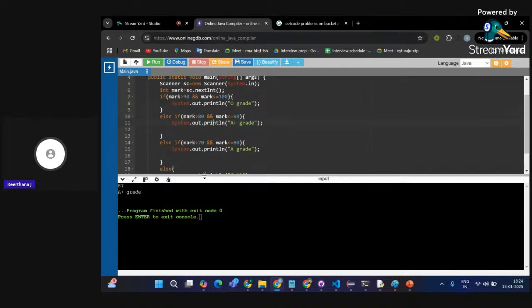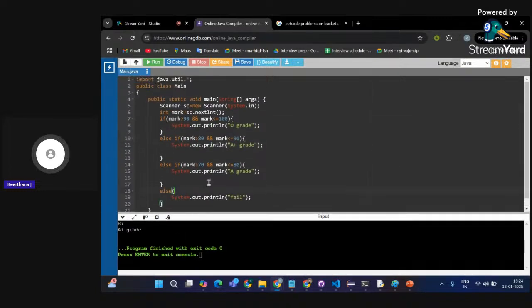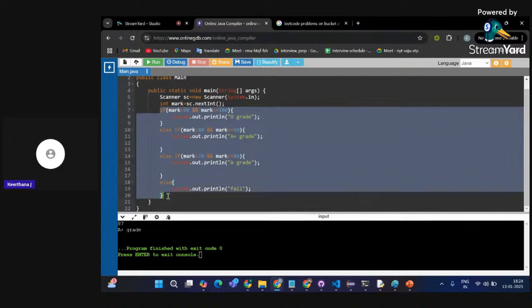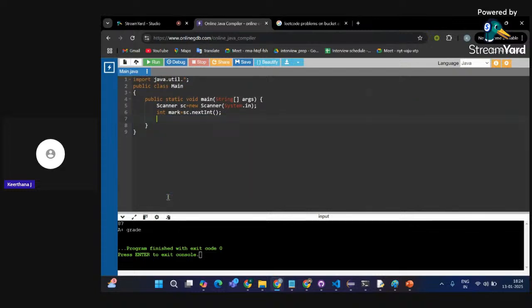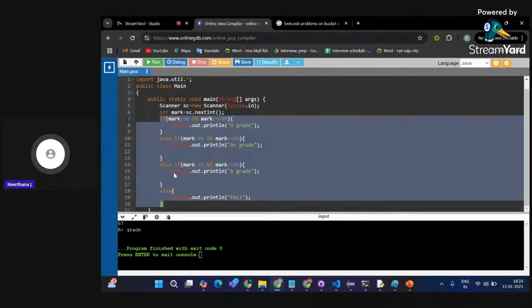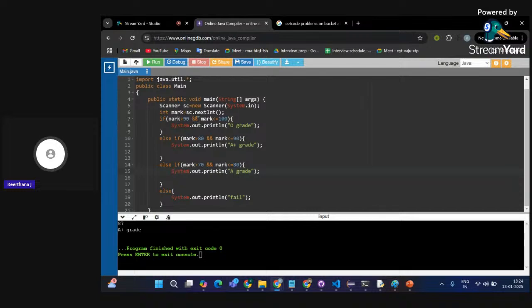So next thing is nested if. You know the meaning of nested, right? Nested if in the sense one if statement inside another if. Okay, so let's see what happens. I can give conditions like this also. Instead of giving both the conditions in the same statement, as we have done here by applying and, I can also give something like this.